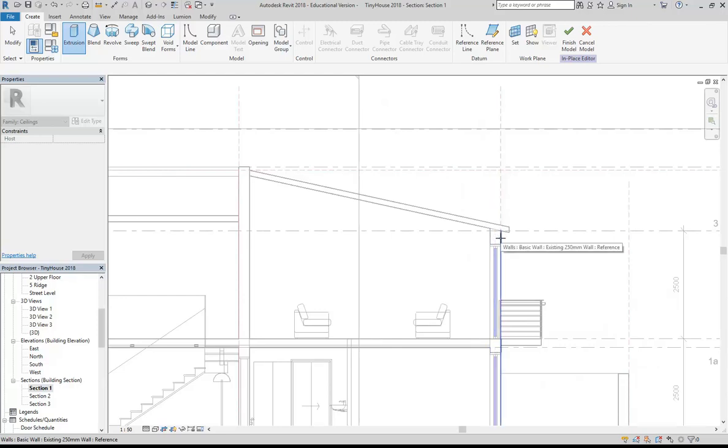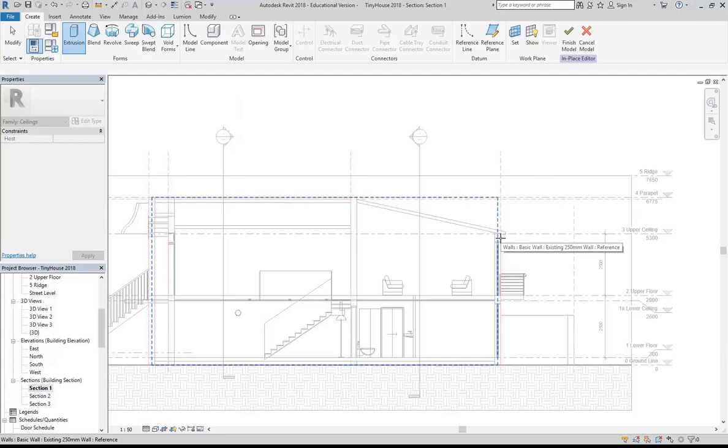That one's not working, so I'll try the next edge. And there we are. So notice how it's showing me that rectangle, which is the whole of that wall. I'll just use tab again just so you can see I'm cycling through till I get that rectangle. So I'll click,